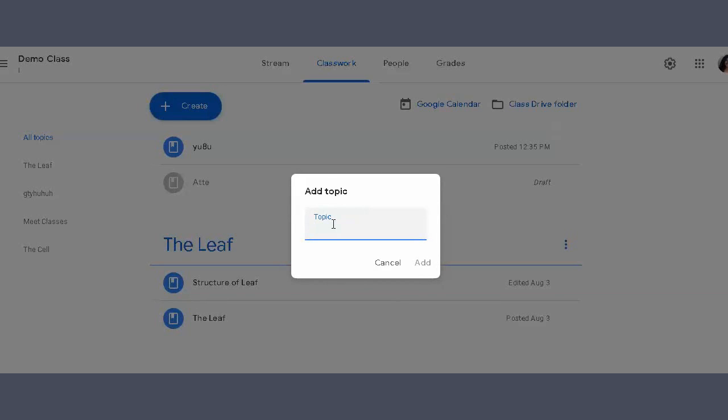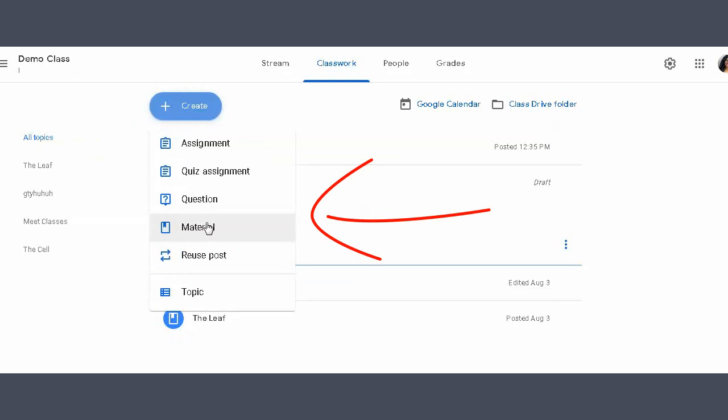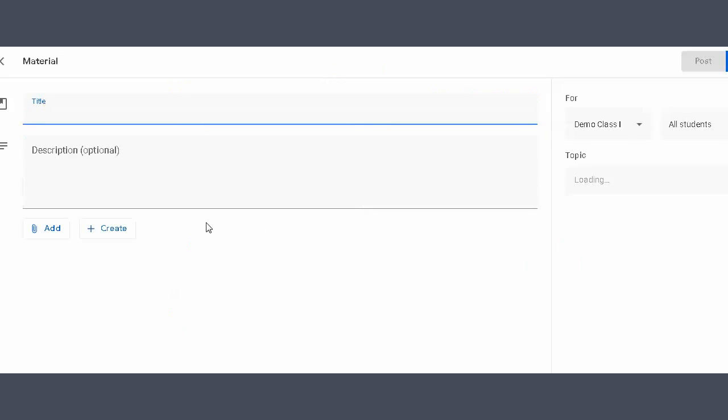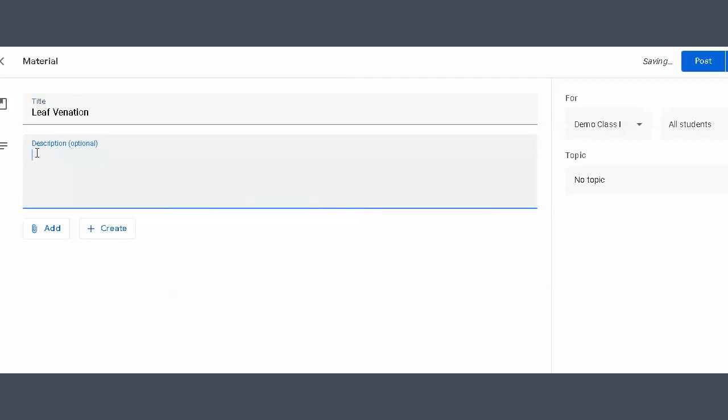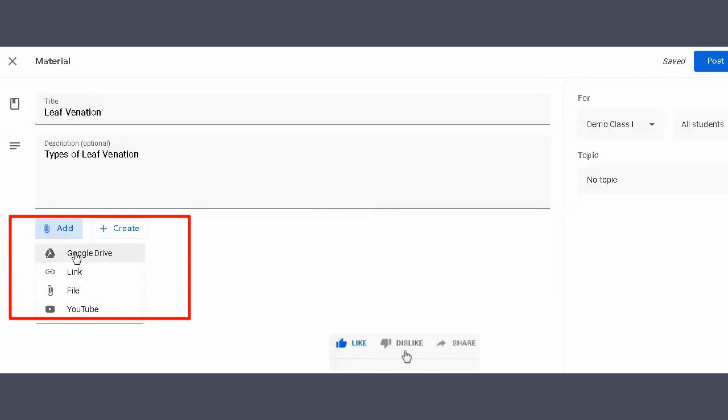So first of all, you add topic, that is about your chapter's name. So you can type in the chapter and you can post all related material under this topic. As we have done this, you can see on screen in previous videos we have learned this, how to add material using the create tab. Let us see what we have done so far. Put on the title, mention the description here, and you can add using Google Drive link file, YouTube,